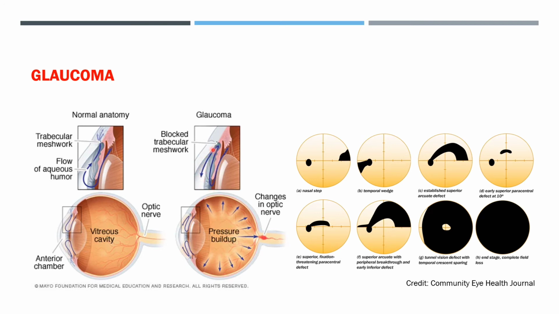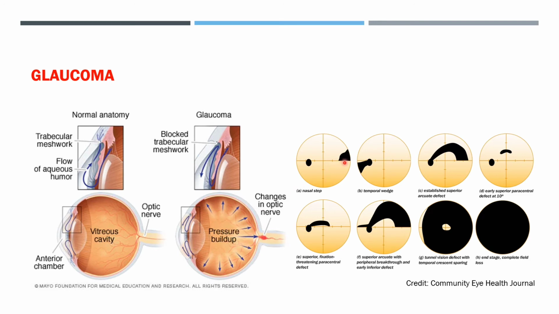Now it pushes onto the lens. Then the lens pushes onto the posterior cavity containing the vitreous humor. And this vitreous humor then presses upon the retina. And that is how the damage to the retina starts. So the first complaint of the patient of glaucoma is pain in the eye. Then if he ignores the pain in the eye, there is a starting of visual loss.